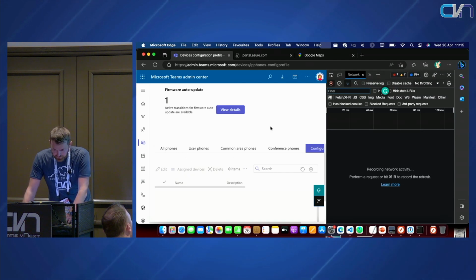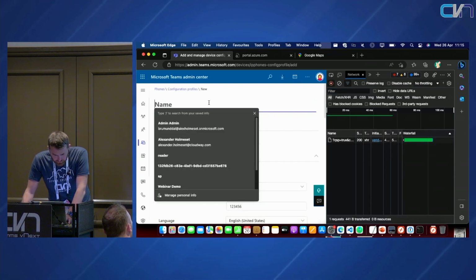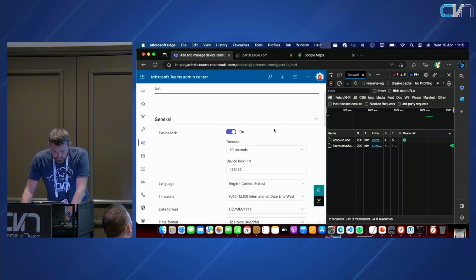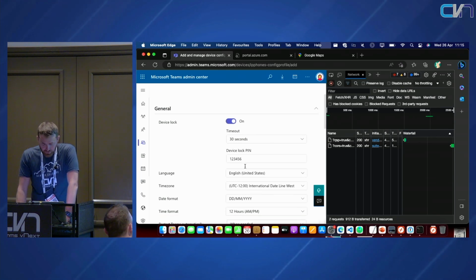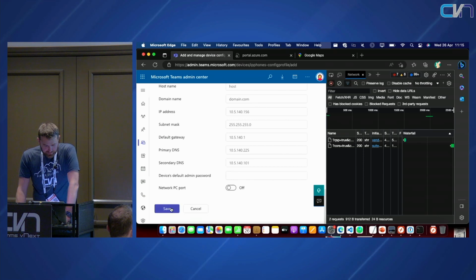And let's see here. Just edit one, add test, test. And here you see all these different types of settings. You have timeout, device pin code, language, and so on. So when I click save again,